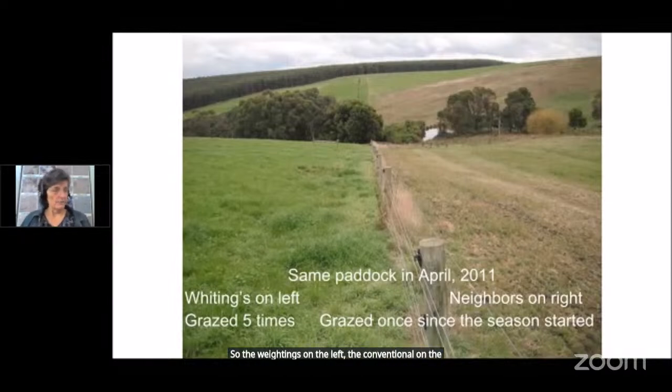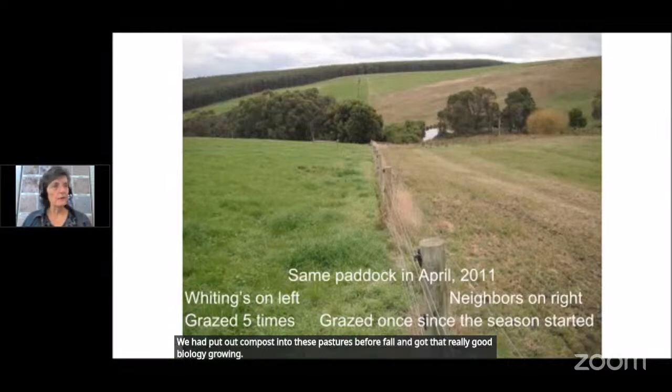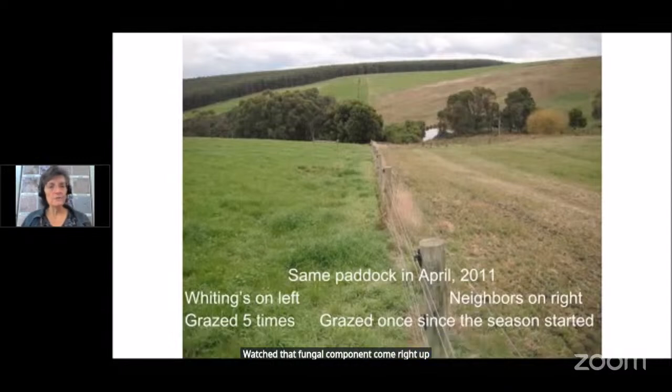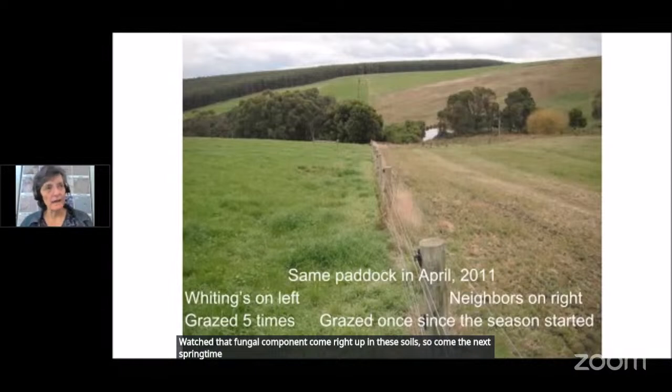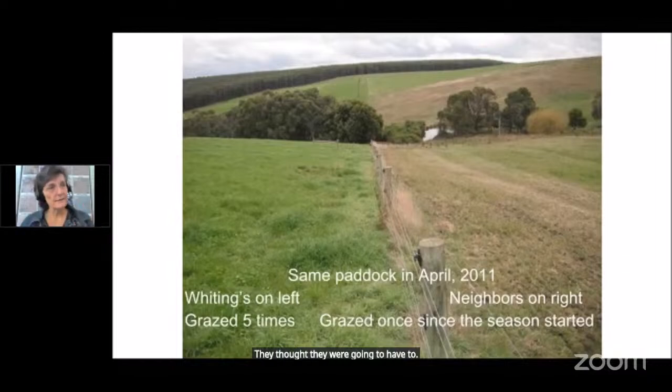A year previous, we had put out compost into these pastures before fall and got that really good biology growing, watched that fungal component come right up in these soils. So come the next springtime, the Whitings did not have to resow this pasture. They thought they were going to have to, but because of the improvement in the biology, they didn't have to pay that